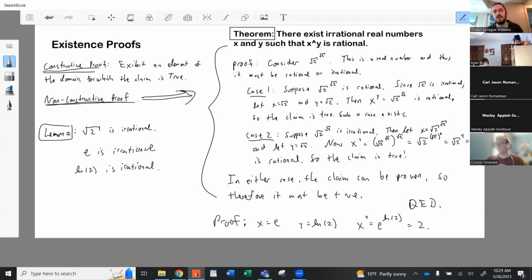I feel like the second one is a little more valuable because not only does it prove the claim, it also provides an example that you can show people, right? So I think there's a subjective way to discuss the value of a proof, and this is something that mathematicians like to talk about a lot. There is definitely an opinion among mathematicians that some proofs are better than others